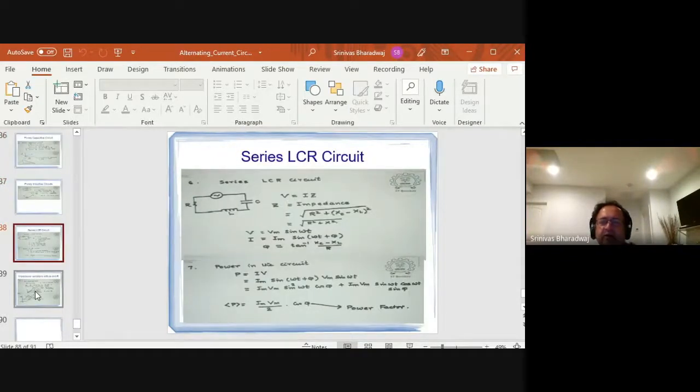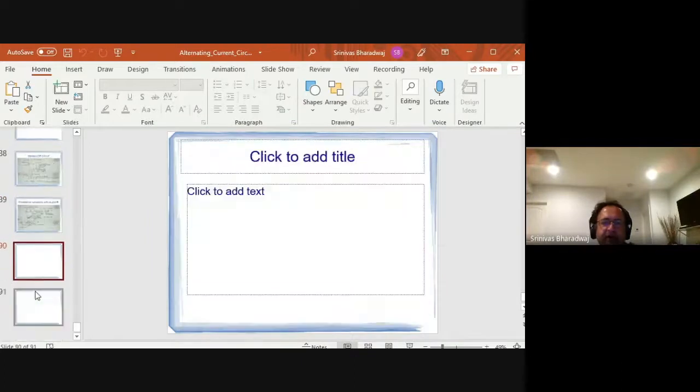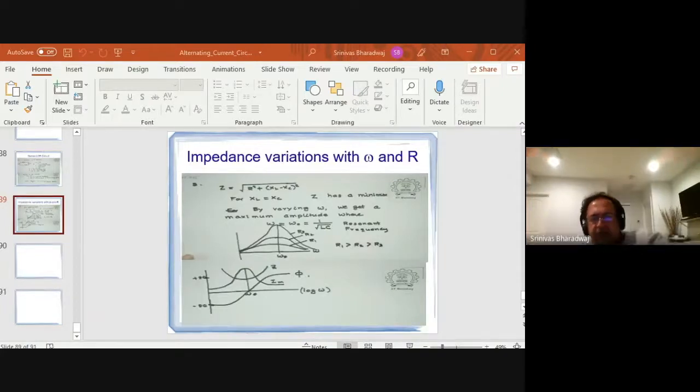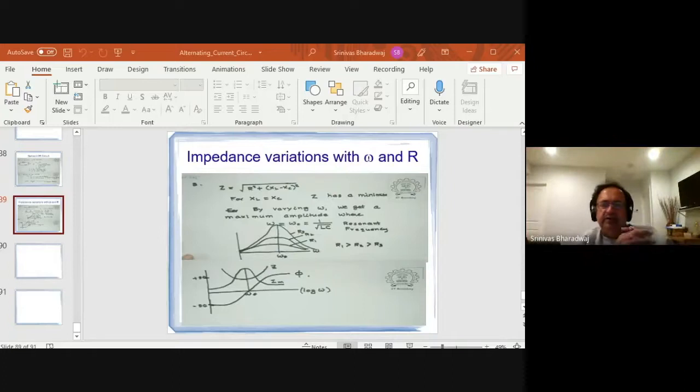So now we have the series LCR, and we have looked at this material in great detail, right? So this is all the material you'll need for alternating circuits. I've spent a lot of time, 4 or 5 classes, on alternating circuits. The reason is that one can get a lot of marks here, because this can be understood nicely,